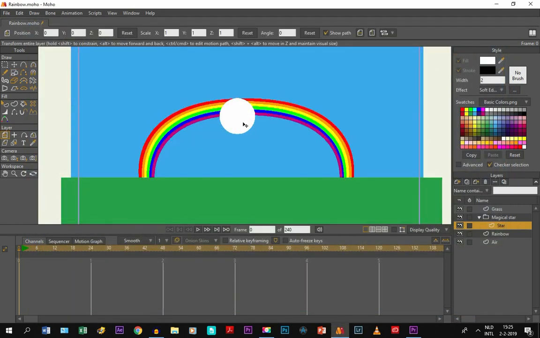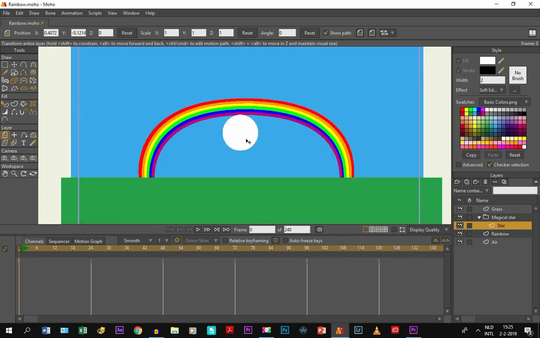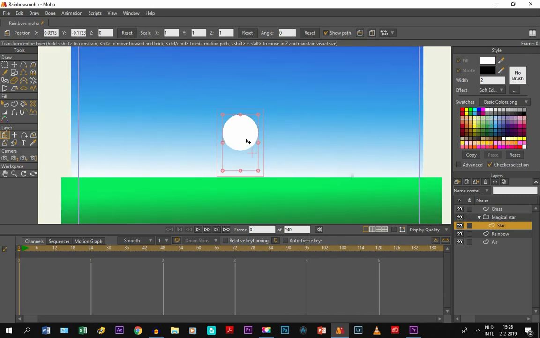So what we need to do right now is make sure that it is big enough to connect with the rainbow, because we are going to animate it with the rainbow soon. But before we start, we are also going to make another layer,